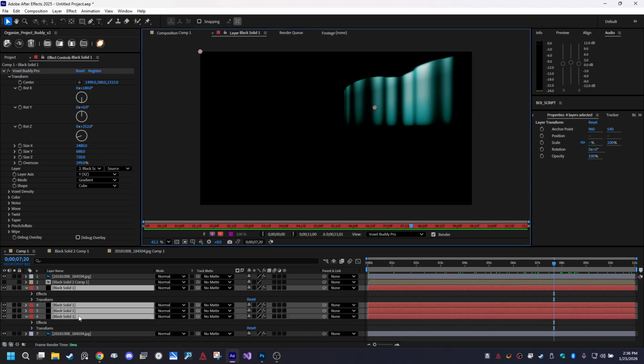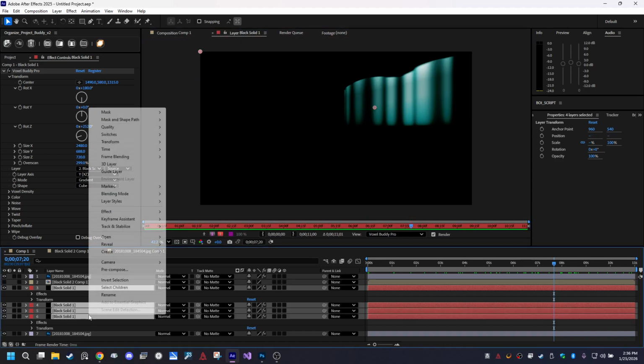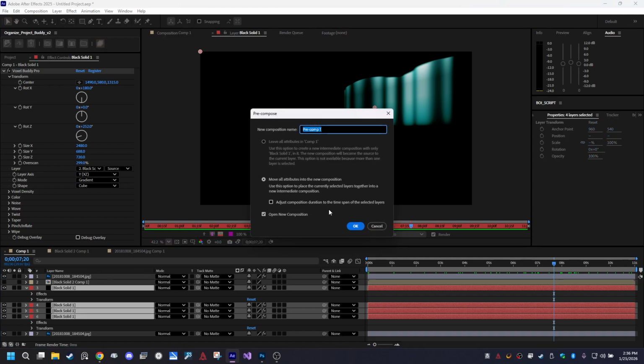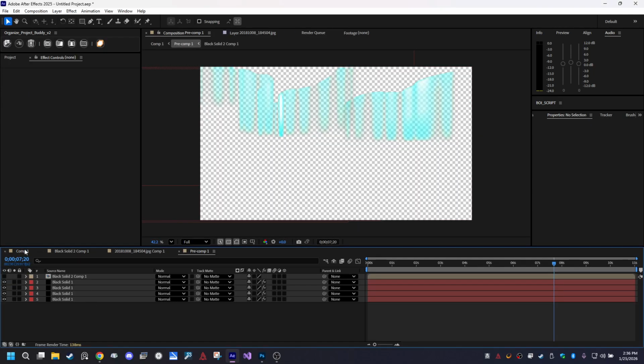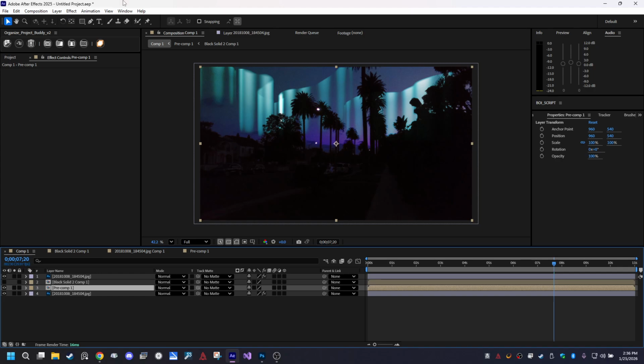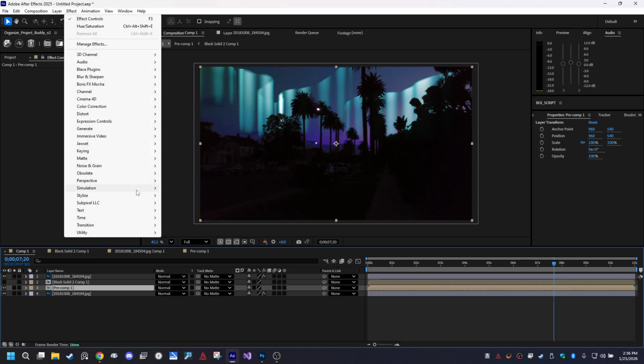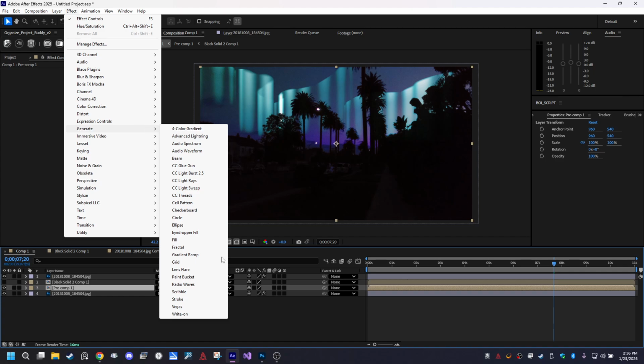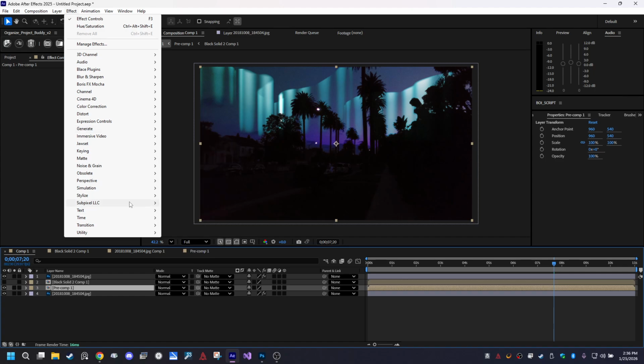Let's actually take all these and pre-compose them now. And let's make it better. Move all of them in there. And now we can do stuff like effect, generate. I don't know, I want them to glow more. I want them to feel